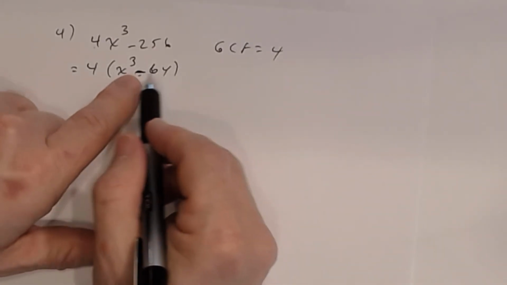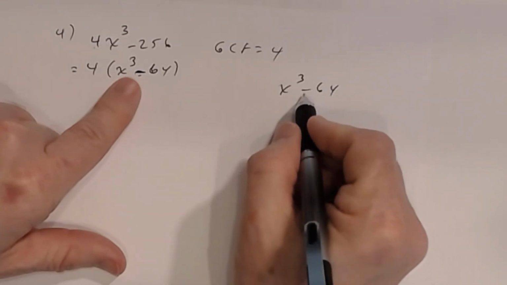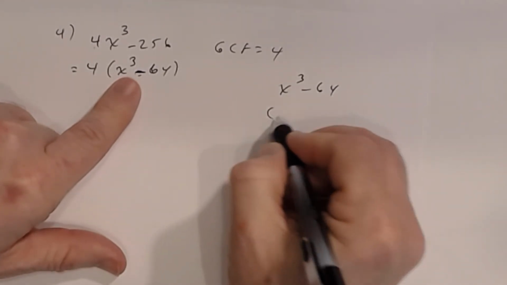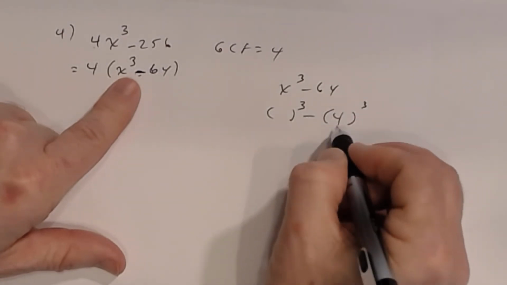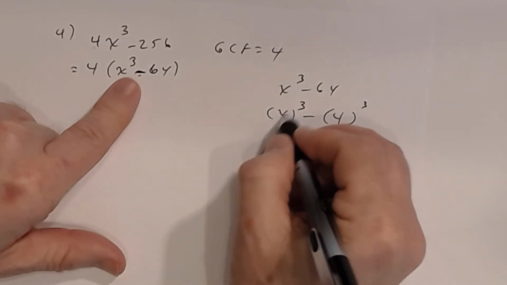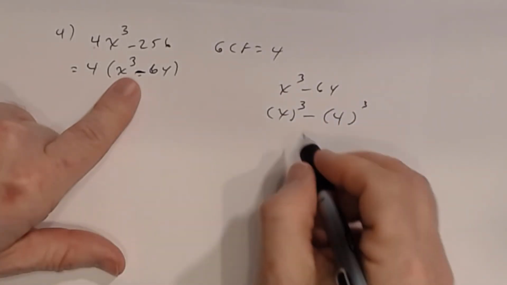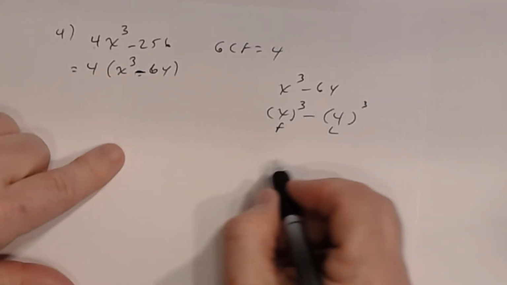You got to look at this right here: x cubed minus 64. That's a difference of two cubes, because I can go further with this. 64 is 4 times 4 times 4, and x cubed is x times x times x. So there's your F, there's your L, and so the difference of two cubes